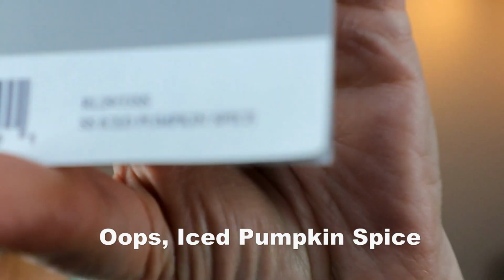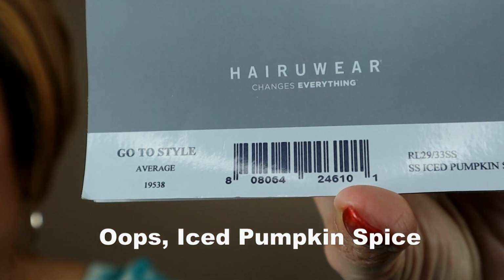This is Raquel Welch Go-To Style. It's a brand new style for spring 2022. It's in the color SS Iced Pumpkin, and the color code for that is RL29/33SS. Go-To Style